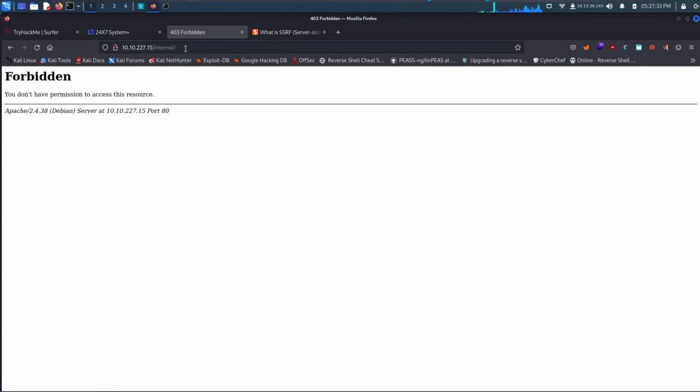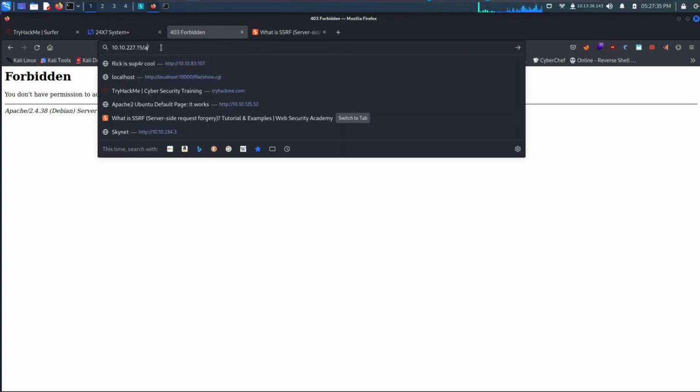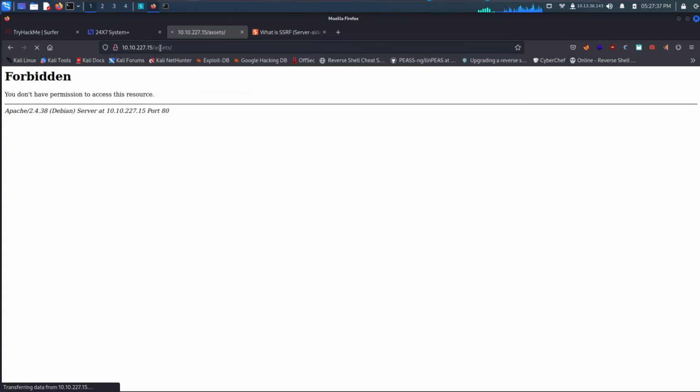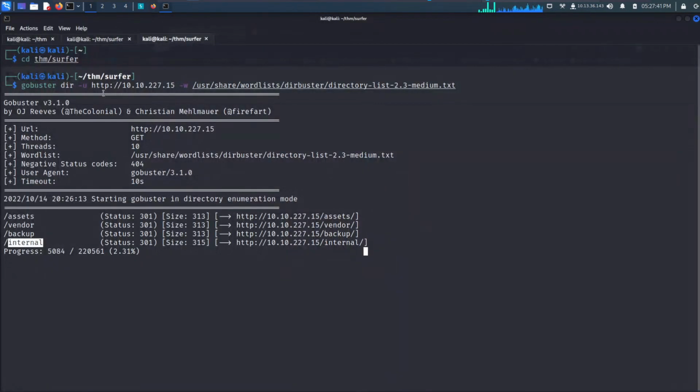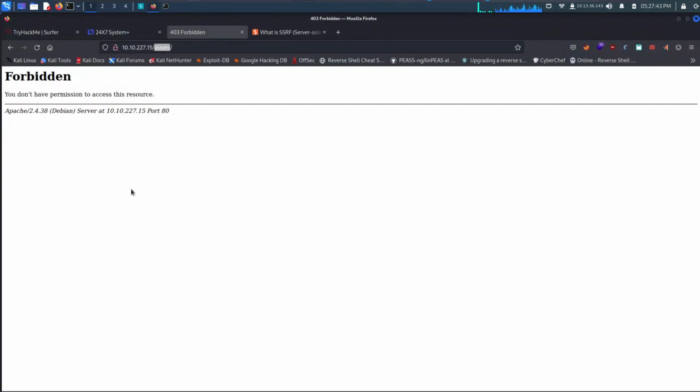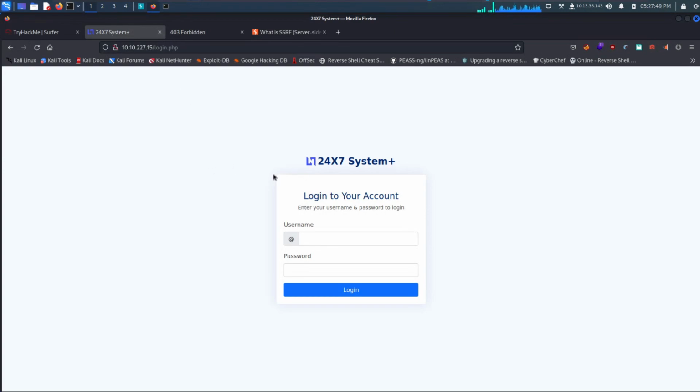It's also 403 forbidden, and assets is also 403 forbidden. And the last one was vendor. Yeah, they're all forbidden. So we're going to have to find the login username and password, so the credentials